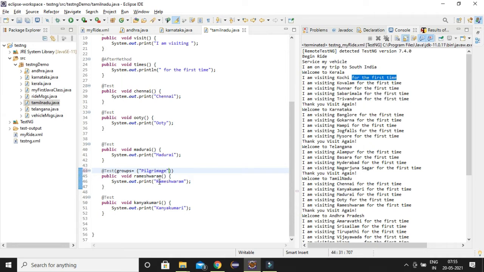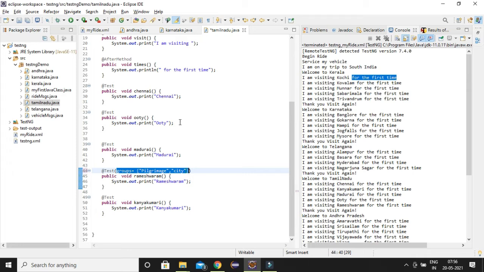So here my location comes under pilgrimage, so I'm just giving it as pilgrimage. Like that, a test can be grouped into several categories. Like Rameshwaram, it is also a city. Grouping is pretty much easier. You just have to go to your @Test annotation and group the test into the category that you want. So in a Java file, this is how we categorize our groups.